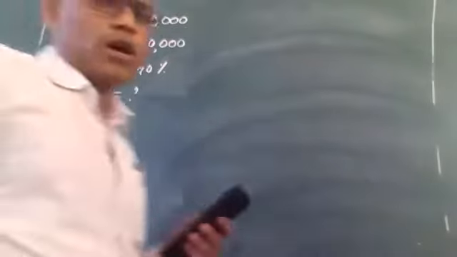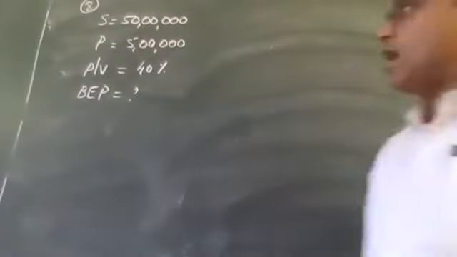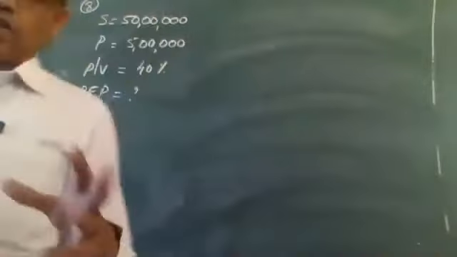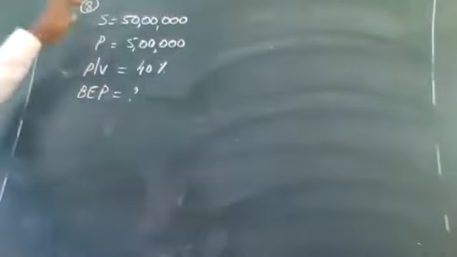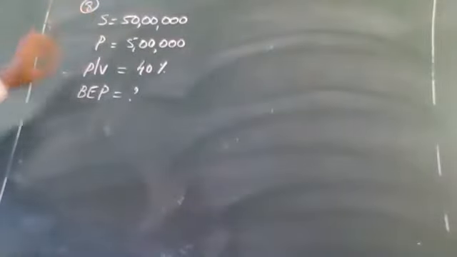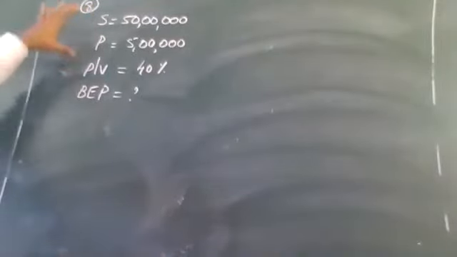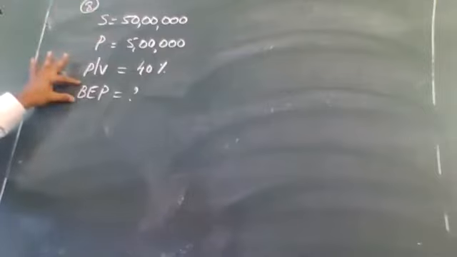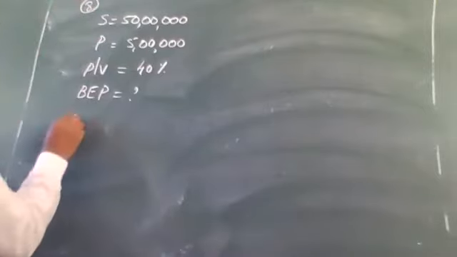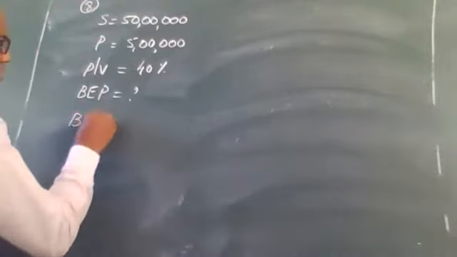This is what I want. I always want my students to do this. First, write the question and write down what he actually is asking us. He has given this S, P, and PV ratio, and is asking B. Okay, this is given. This is what we need to find out. So how do you start? You write the formula for P.